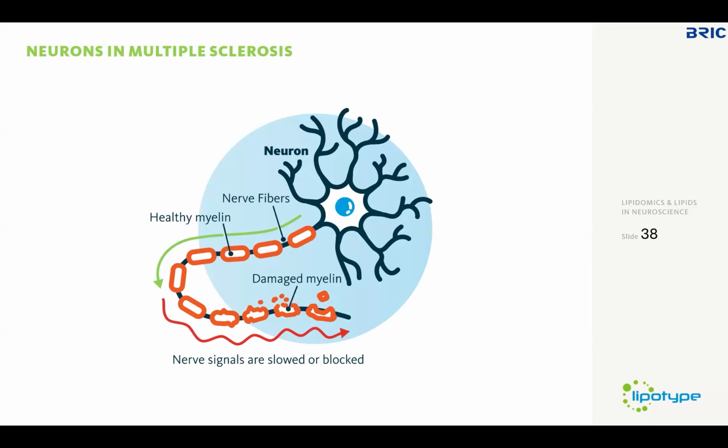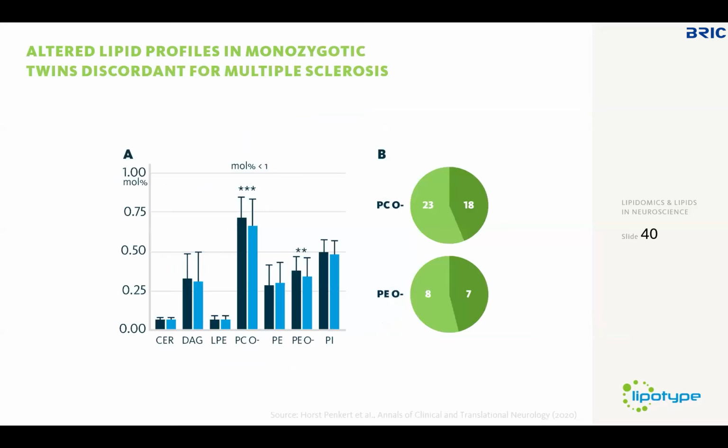In terms of underlying pathological processes, researchers noticed that there are changes in lipid metabolism in patients, and there is a hope that lipid analysis can discover specific biomarkers for multiple sclerosis to support fast and accurate diagnosis, and maybe better treatment, monitoring of interventions, and prognosis. So what was done was a twin study. Interestingly enough, the result of the twin study revealed no major difference in total lipid content between the twin sibling with MS and without.